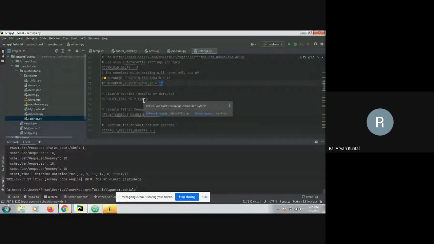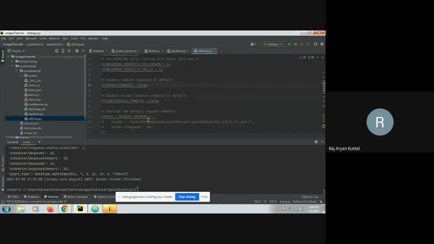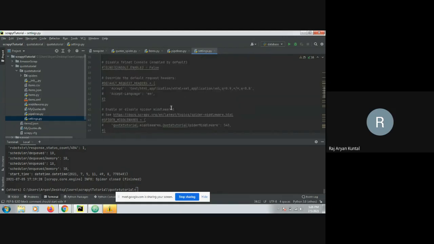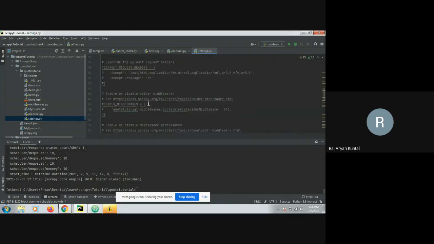So you know what cookies are. Cookies are used by websites to basically identify you, right? So these, I do not know what telnet console is. This default request header is of no use. Yeah, and then